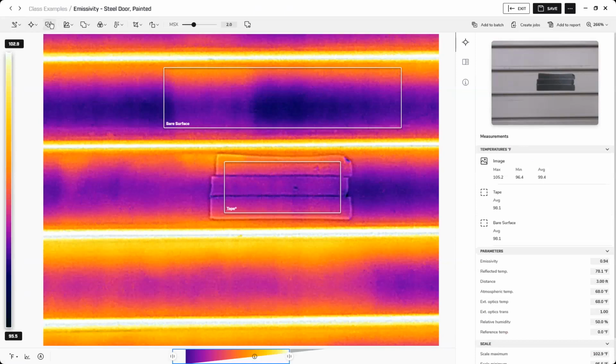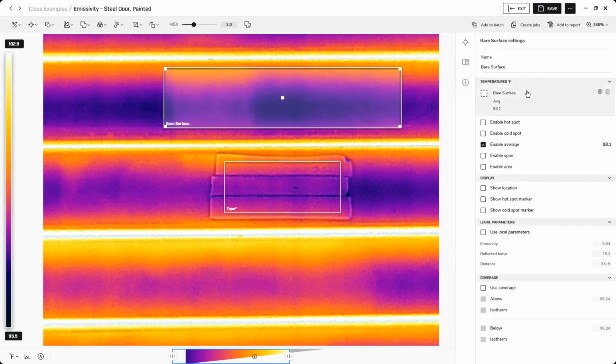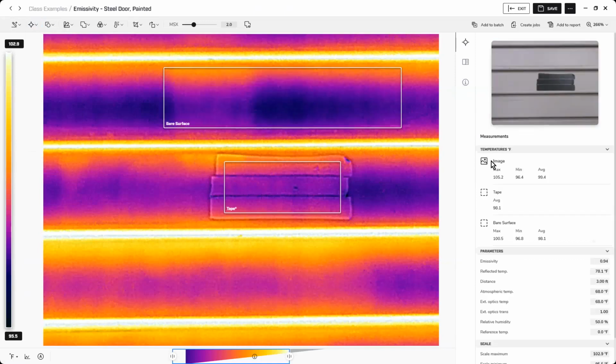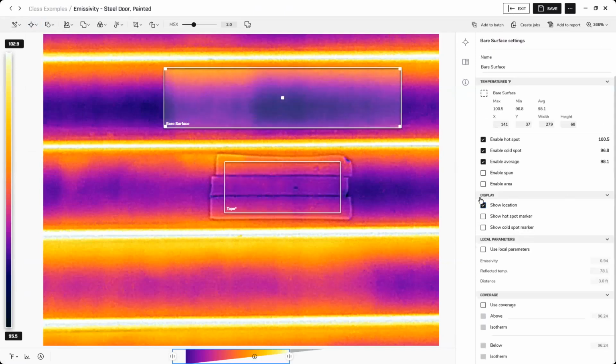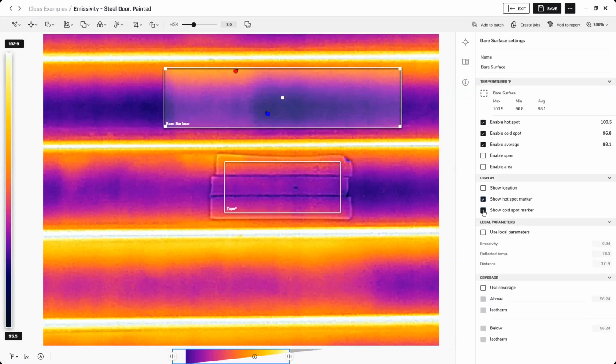Okay. We can also do some other measurements. So just on some of our measurements here, we can do those hot and cold spots. And now that we have calibrated the emissivity, those hot and cold spots are going to be accurate. I can show where they're at if I want. Hot spot markers, cold spot markers. You can also